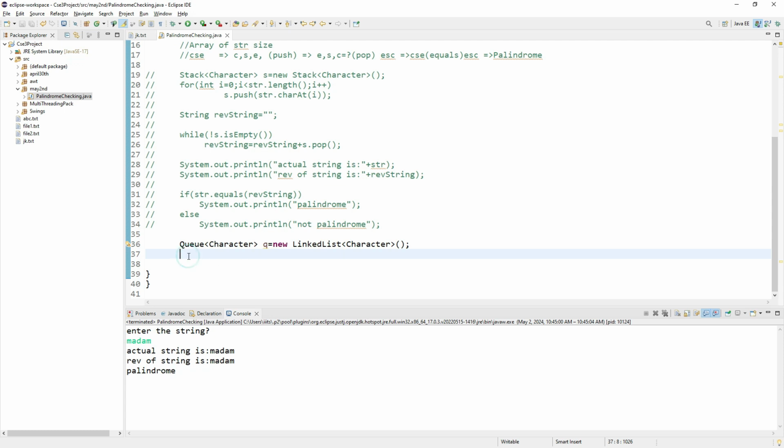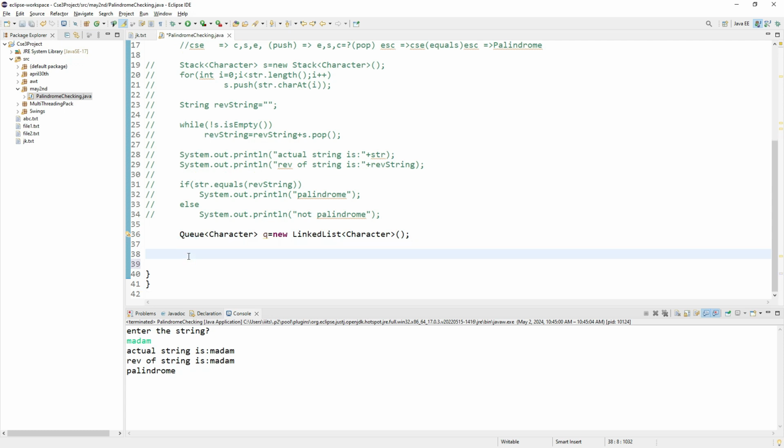Now with this, we can use the operations of the Queue interface, and you cannot directly use the operations of the LinkedList. That is where we go with the restriction. We can call it dynamic method dispatch, right? So now, what is the principle of a queue? Whatever element goes first in, that becomes first out, right? Or if it is last in, that becomes out last, right? So now